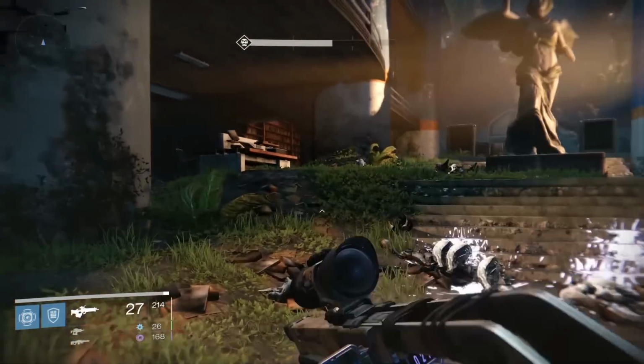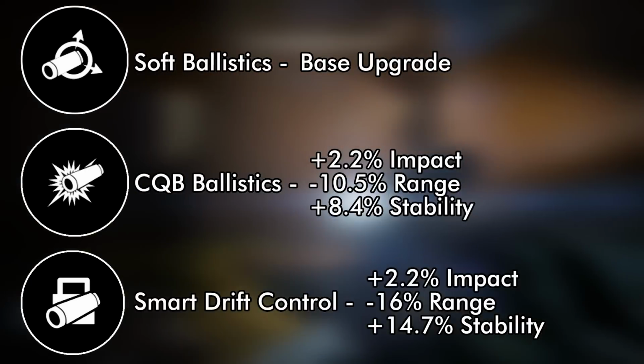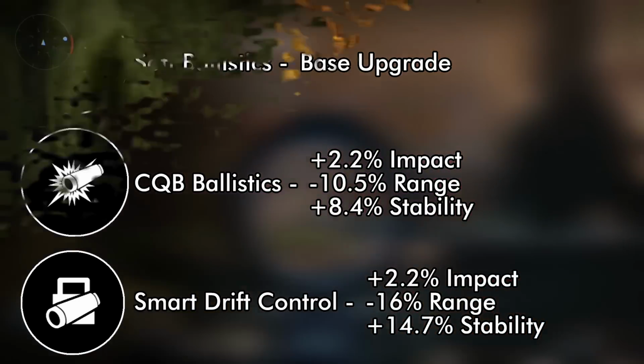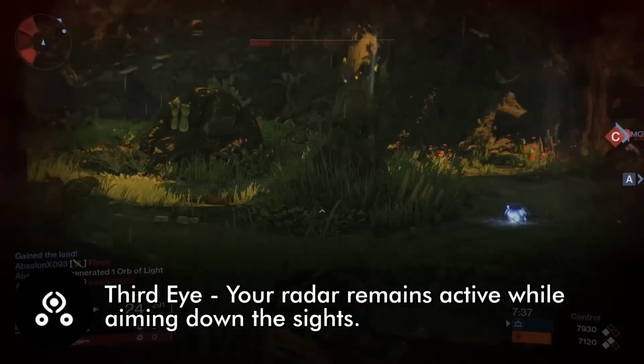As for the upgrades, the first column features soft ballistics, CQB ballistics, and smart drift control. All of these only provide very small upgrades and will not have a huge effect on the performance of the weapon. The first main bonus on the weapon is Third Eye, which enables vision of the radar while aiming down